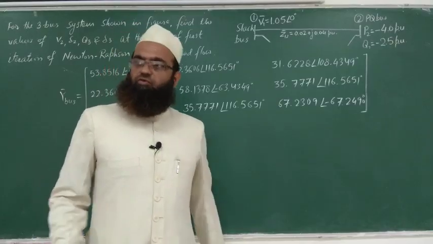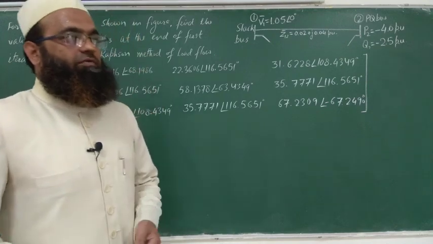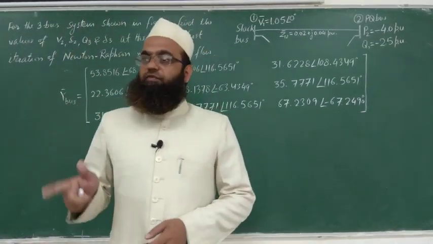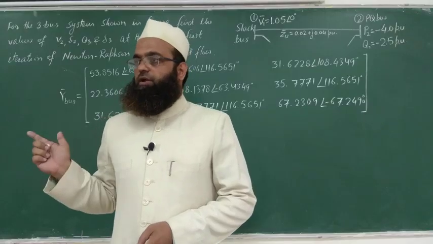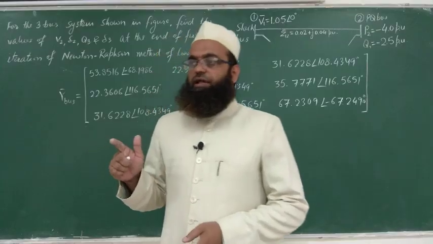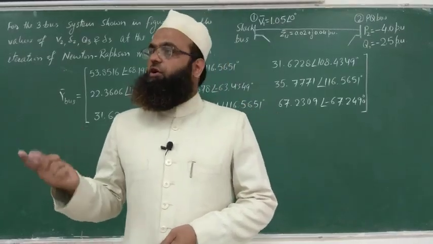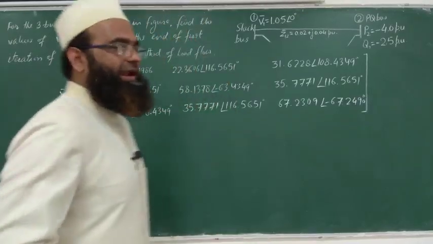After that, assume initial values of variables. So which type of variables? Delta and V, not Q. We are not going to assume the initial values of Q variable. We will evaluate delta and V first, and then Q, which is a function of delta and V and other parameters, can be evaluated knowing the values of V and delta.